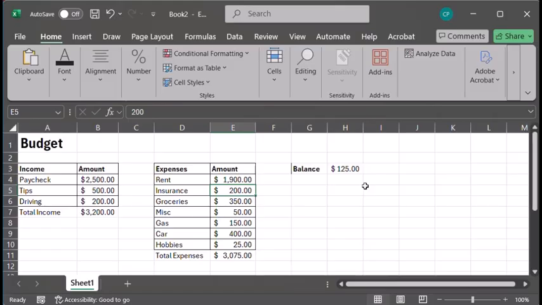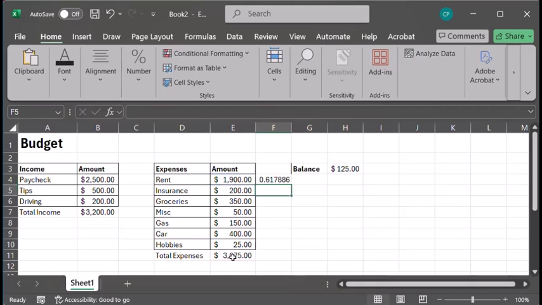Another thing that's pretty cool that we can use cell references for is to do computations that can be repeated easily. So say I want to look at each of these expenses and figure out what percentage is that of my total expenses. So if I was just going to do one of these calculations, I can use my equal sign to tell Excel that I want to do a calculation, and then take that expense amount divided by the total expense amount. Now you could either type in those numbers, or in this case I've clicked on the cells so that Excel can just reference the cells there.